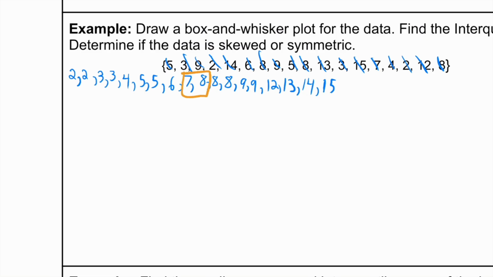So our median here, quartile 2, we put right here, making it 7.5. So quartile 2 is 7.5. And so quartile 1 will be